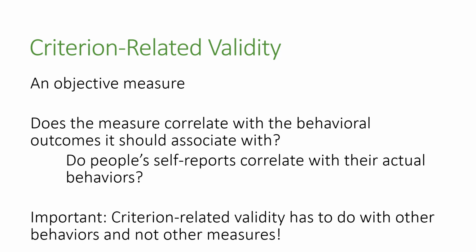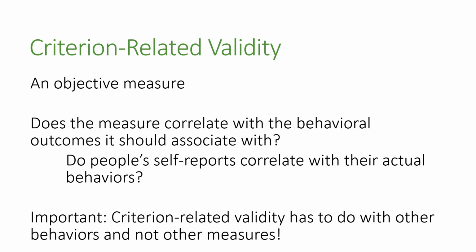The next sub-criteria of validity is criterion-related validity, and this is actually an objective measure. This is something we can use numbers to support our conclusion here, unlike the previous two. And the question we're asking with this one is, does the measure correlate with the behavioral outcomes it should associate with? So saying this another way, or at least one example of saying this another way, do people's self-reports correlate